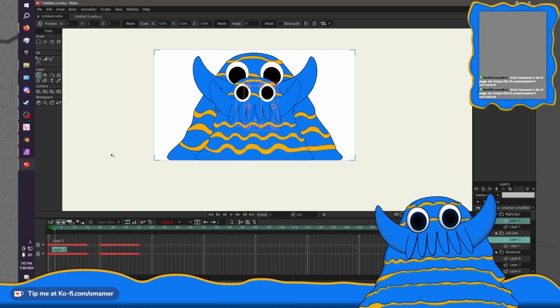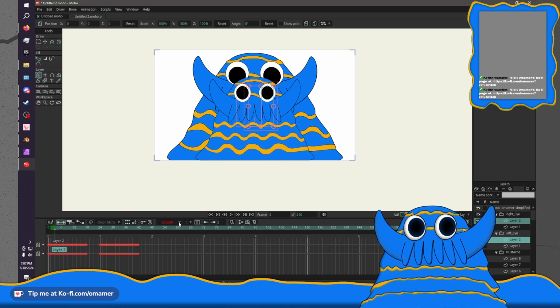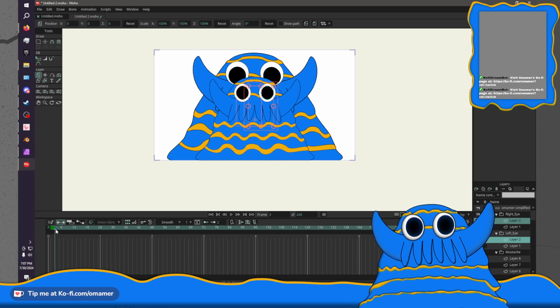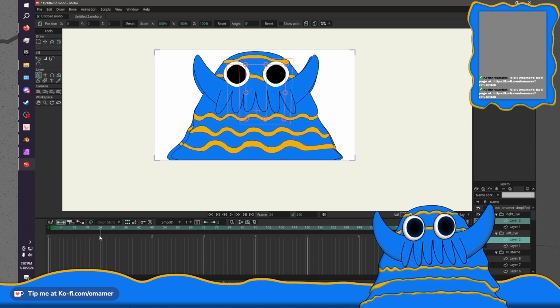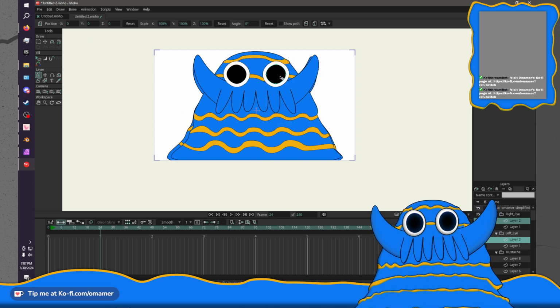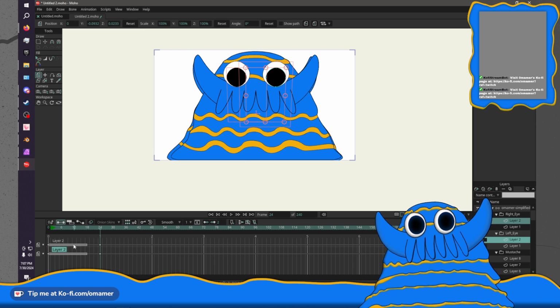Okay, I've reached the end of my undo history. How do I... I'm just going to delete these frames and start again. Okay. There we go.